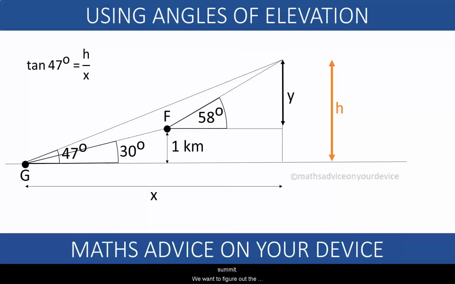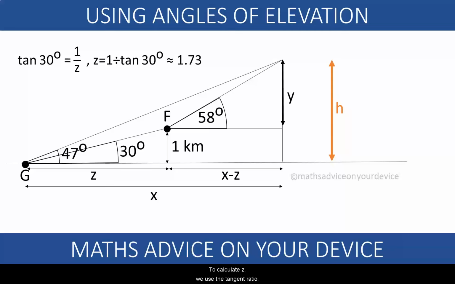We want to figure out the height, which is y plus 1. We can divide x into two parts. To calculate z, we use the tangent ratio. Z equals 1 over tangent of 30. Z is approximately